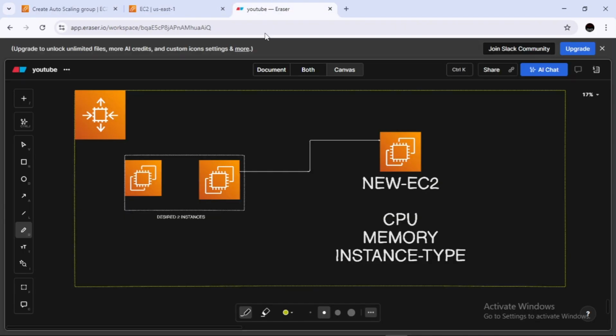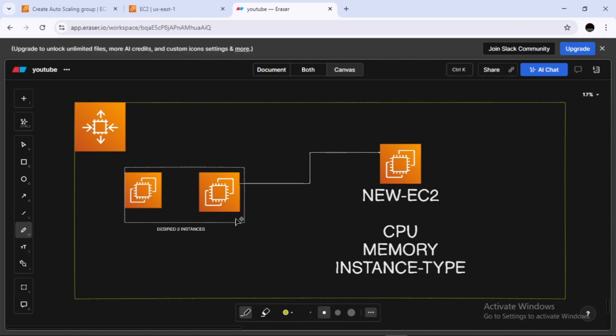What I was trying to explain is that the specify instance attributes setting is the option where we define our own CPU, RAM, and any instance setting.